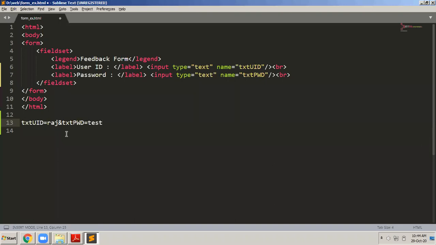If there is a checkbox whose name is chk1, it will be chk1 equals selected, something like that. Finally, this is what is called a query string. Now this will get attached to your URL and sent to the server, and on the server you will be able to extract these values that the user has entered.